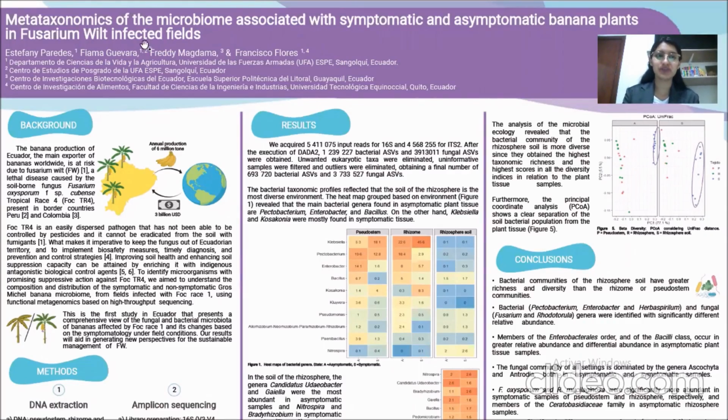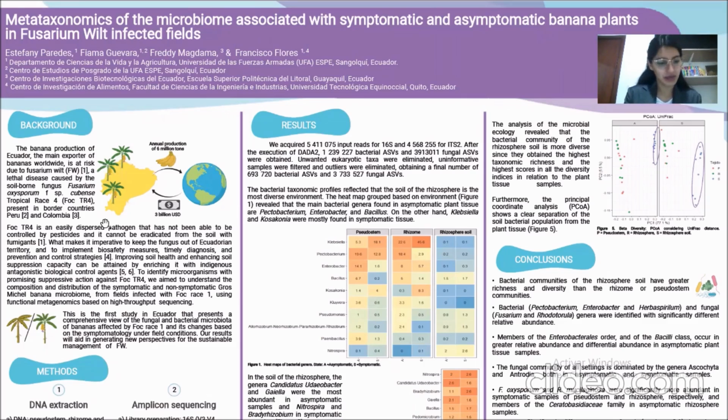I'm presenting the poster Metataxonomics of the Microbiome associated with symptomatic and asymptomatic banana plants in Fusarium Wilt infected fields. Ecuador is the main exporter of bananas worldwide, and its banana production is at risk due to Fusarium Wilt, a lethal disease caused by the soil-borne fungus Fusarium oxysporum special form cubense tropical race 4, present in the border countries